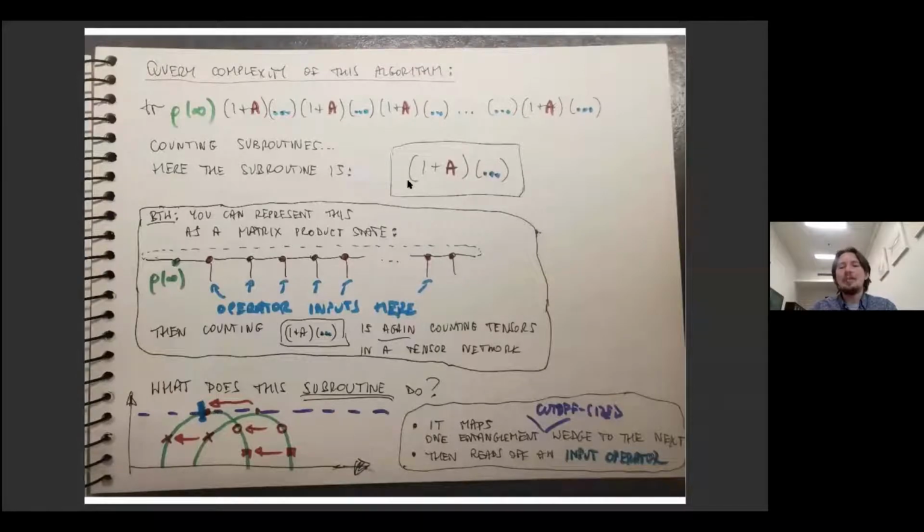But I have to be mindful of what these tensors, or what these objects are actually doing. So here is a little reminder of what this thing does. It maps one entanglement wedge, which is tangent to the cutoff surface, to another entanglement wedge, in such a way that we are entirely sliding along, not doing anything else, but precisely sliding along the cutoff surface, and then it reads one more input over here. Maps an entanglement wedge to the next and reads off an input.